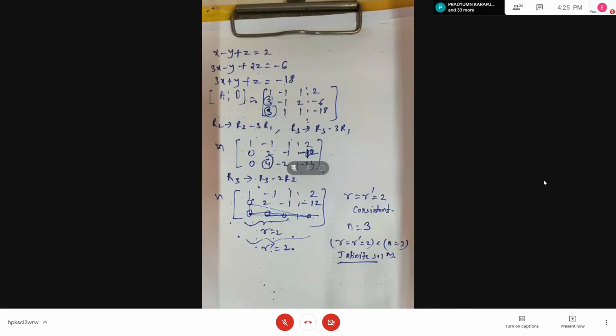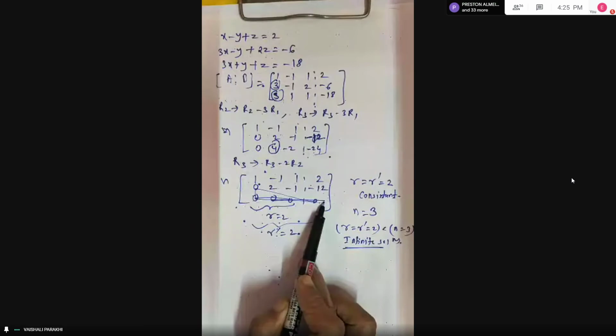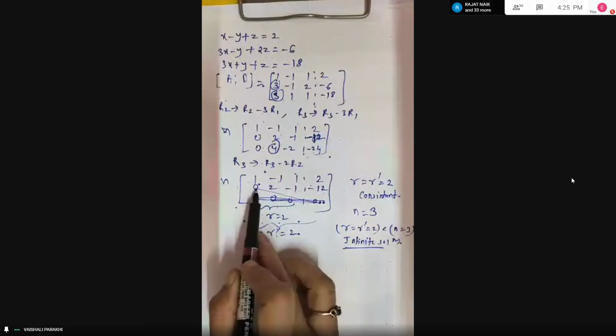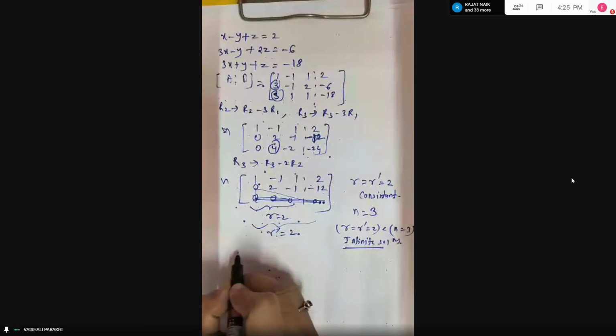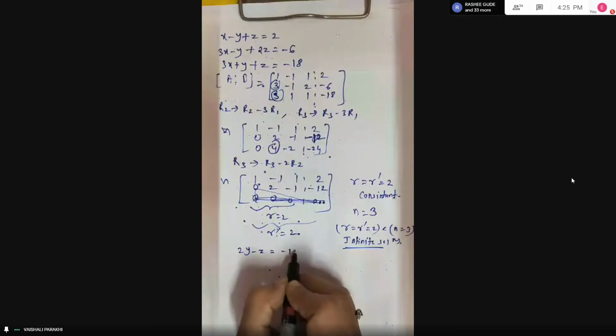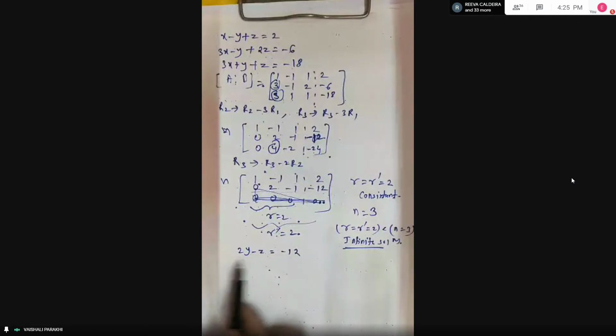Now, infinite solutions means you need to get the answer in terms of some unknown, for example, K. Now, here also we find out what are infinite solutions we get. Again, we start with the last row of the echelon form. But last row is 0 row, we cannot do anything. Then go to second last row. Now, this is 0x, right? We don't write. Then 2y minus z is equal to minus 12. This is the second row I am taking. From second row, I am writing the equation.